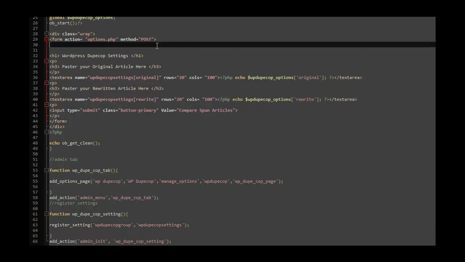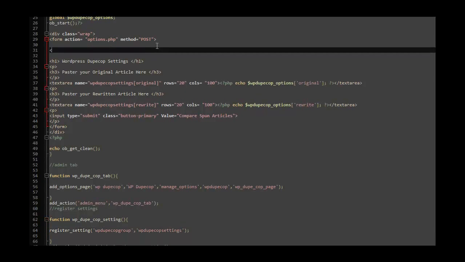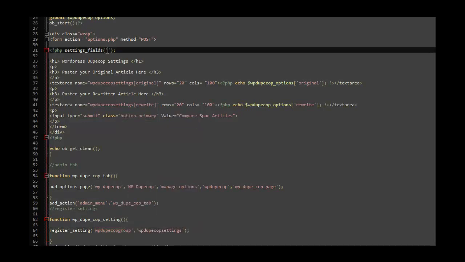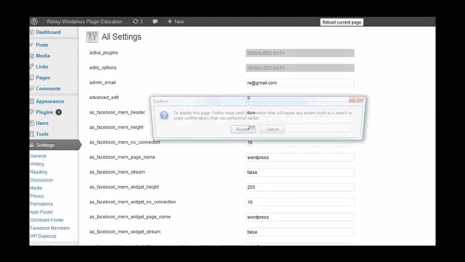To do that, we need to set the fields. So you're going to say PHP settings fields. Is it field settings or settings fields? I think it's settings fields. And then we're going to put that. I'm going to call this group right here. I'm going to copy it and paste it there. I'm going to save it, and when I refresh it again,